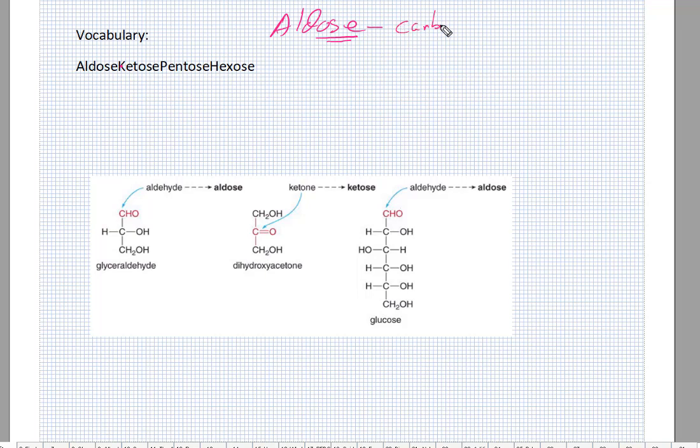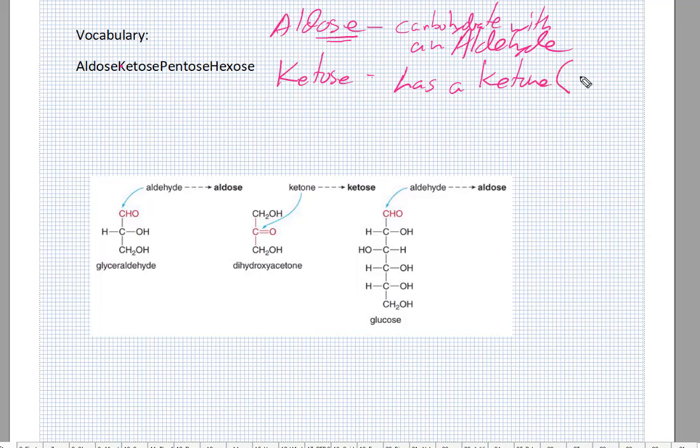So how do you say carbohydrate with an aldehyde functional group. A ketose, as you may have guessed, has a ketone. So the one ketone or ketose that we will focus on is fructose. There's also this term pentose and hexose. Pentose, like pentane, has 5 carbons. Hexose has 6 carbons. So this glyceraldehyde is what we call a triose because it has 3 carbons, as is